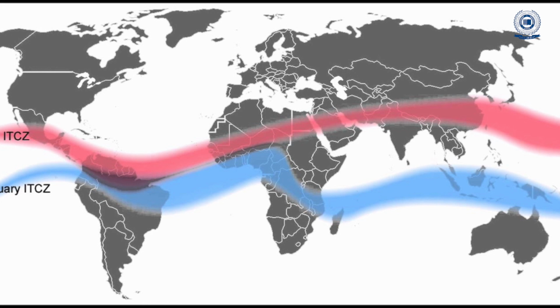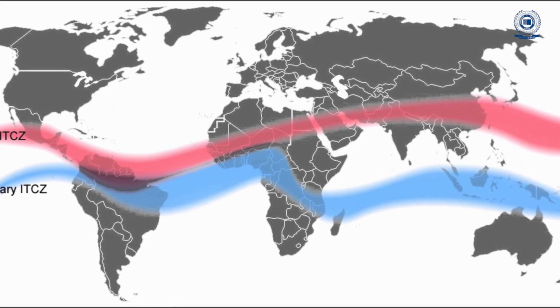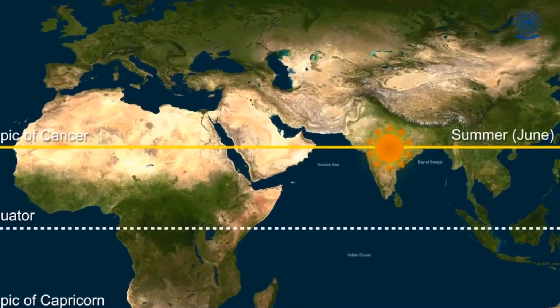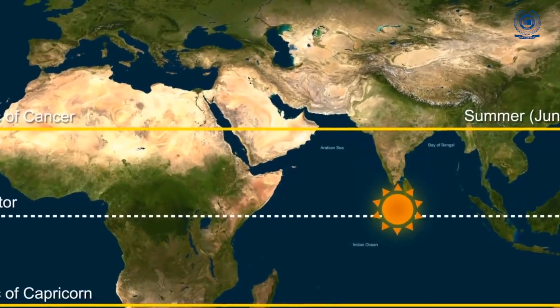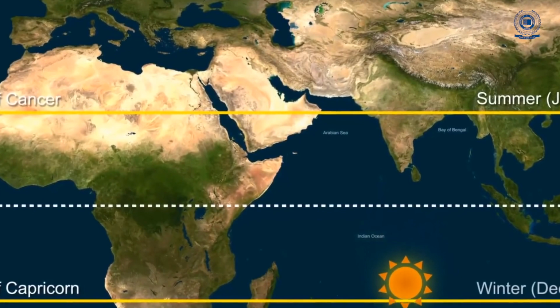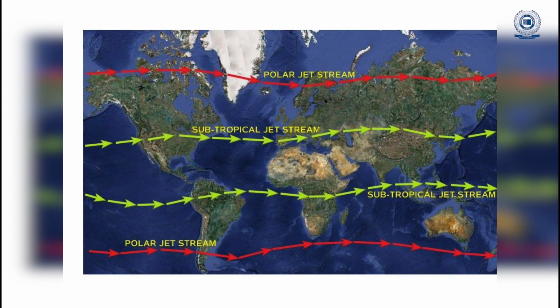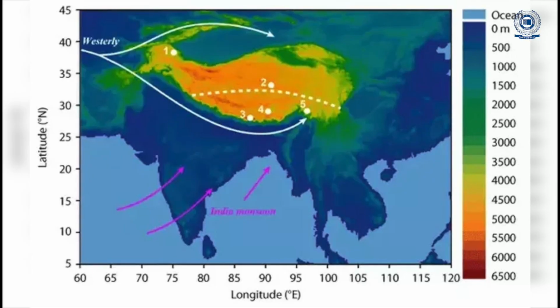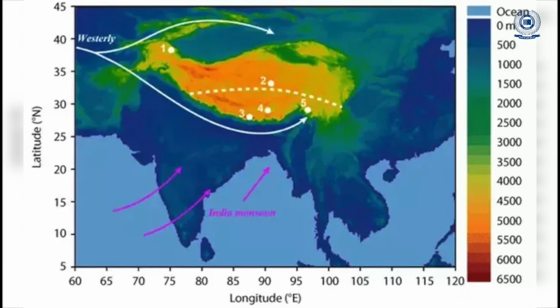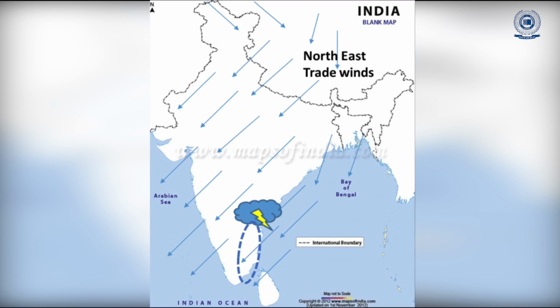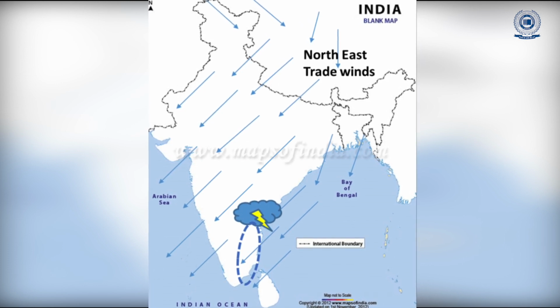In addition, the ITCZ is shifted towards equator due to the movement of sun. Thus, low pressure area develops over equator, which pulls the winds downwards. Third, the westerly jet streams also start to flow towards the lower side of the Himalayas as winter approaches, thus pushing the winds away from land.